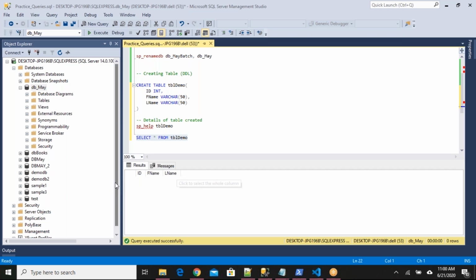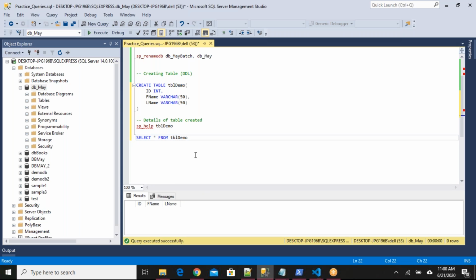We can modify the table definition. Currently it has 3 columns, and we know their data types. If you want to add some extra columns, yes, you can do that. If you want to remove some columns, yes, you can do that. For that, we have to use DDL statements, which means you have to use the alter command for the table. So that is one option.